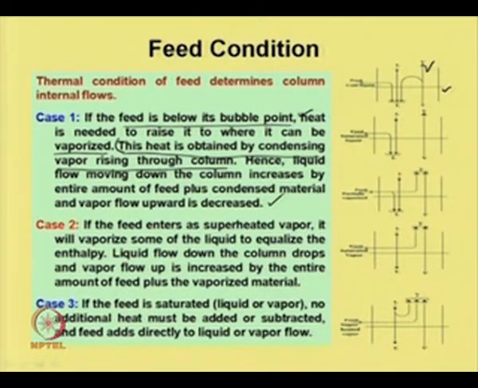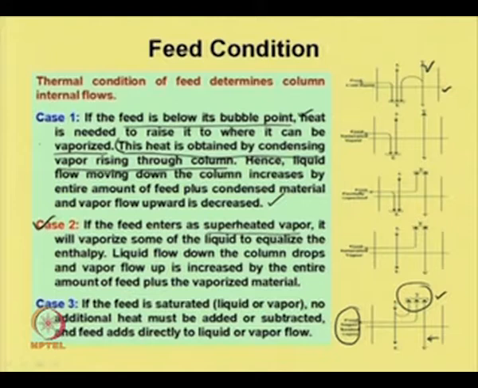Now, consider a case where feed enters as superheated vapor. Here all the feed will go up along with some portion of the liquid coming from the top of the tower, which will be evaporated. So, the column internal flow above the feed tray will increase, whereas the liquid flow below the feed tray will decrease. So, this will decrease and this part will increase. So, this is case 2. Another case,